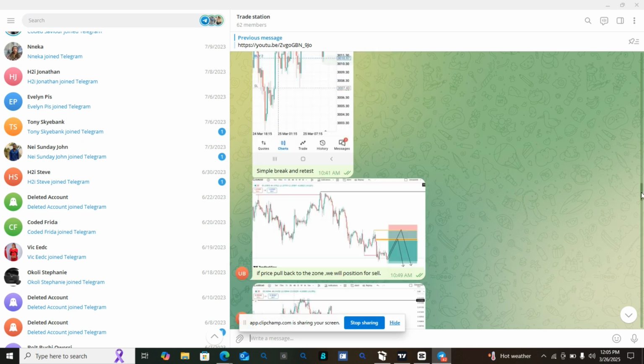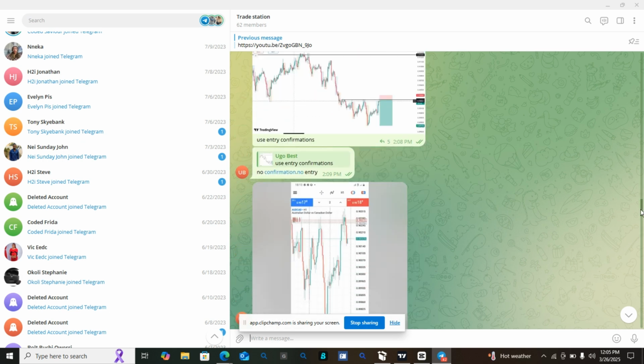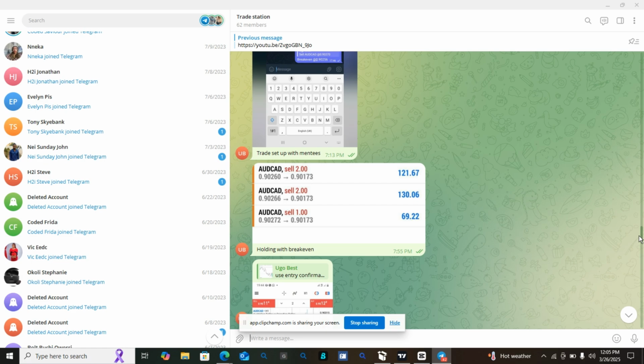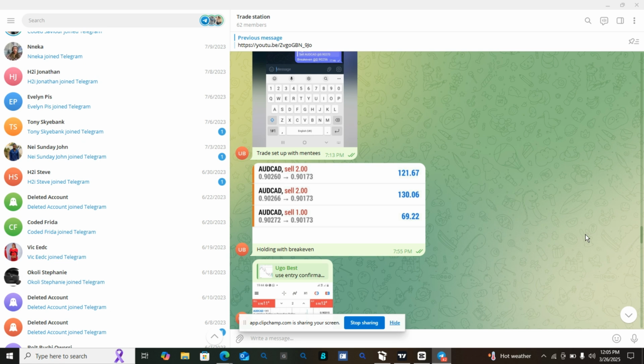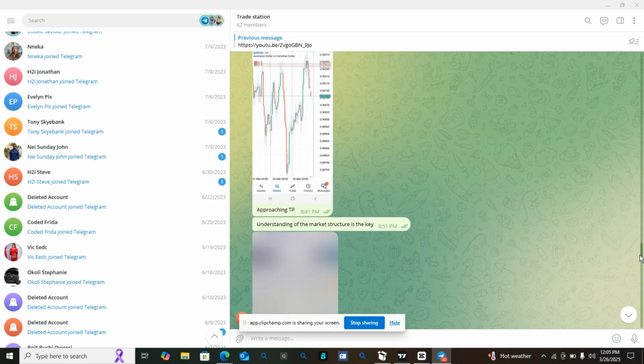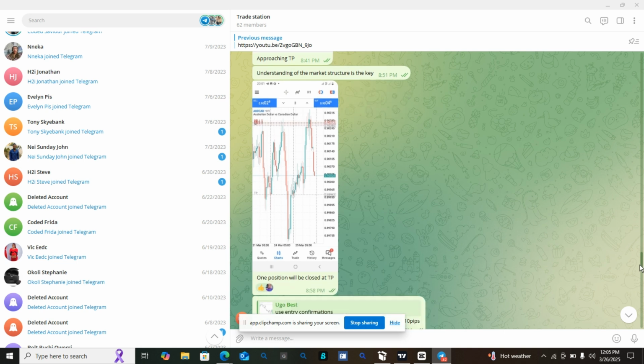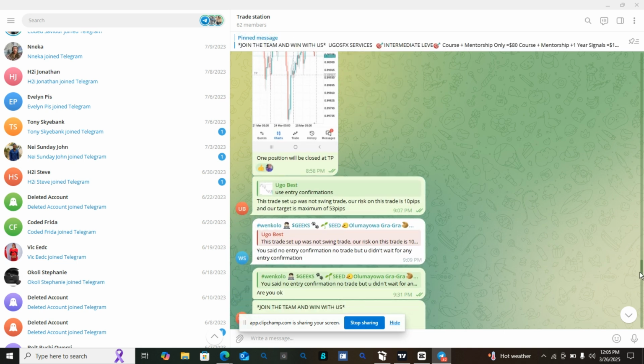I have 3 positions open on this trade. You can see the 3 of them here. These are the 3 positions that I opened. And as price progresses, I close one of the positions, because our target in this trade is